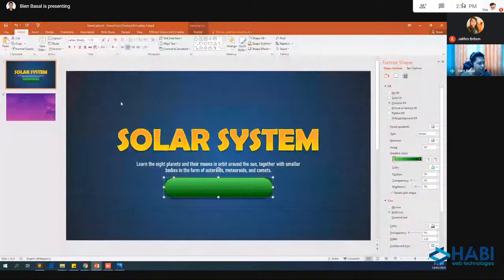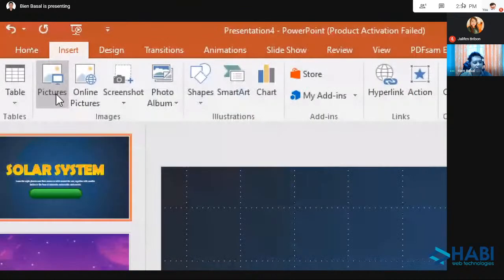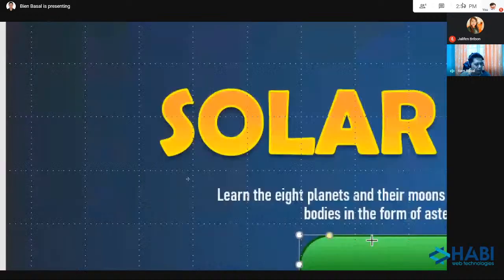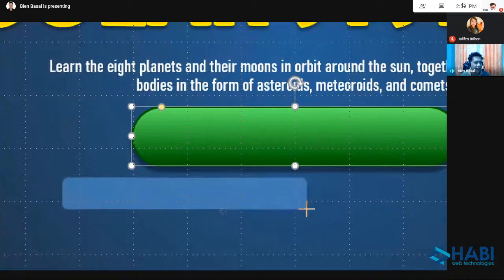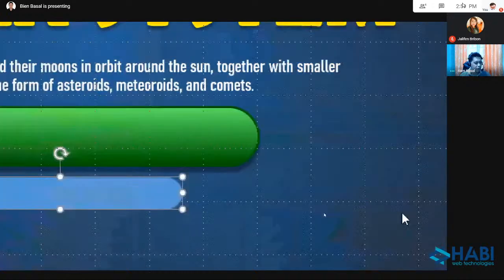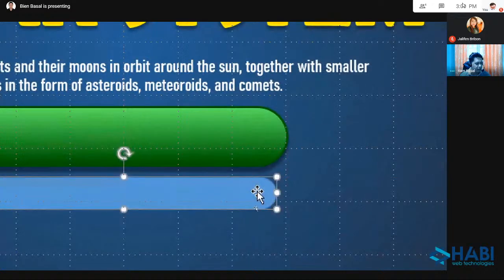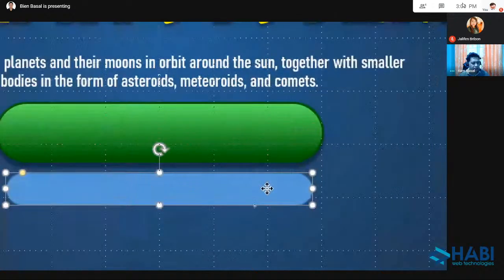Insert uli. Yan. Insert shapes. Still, I will use this rectangle or rounded rectangle. Yan. I will draw po dito. Ito lang po. Siguro kanya kalaki lang. And again, I will apply po yung pinaka-curve. Yun. Siguro kasing haba na lang po. I will use the same. I will apply same size or maybe shorter. Okay. So this one is wider compared to this one.